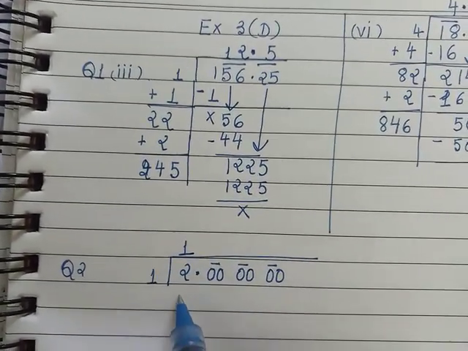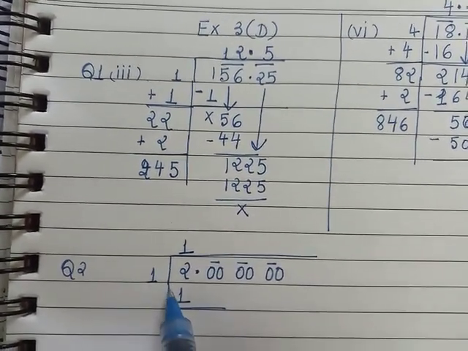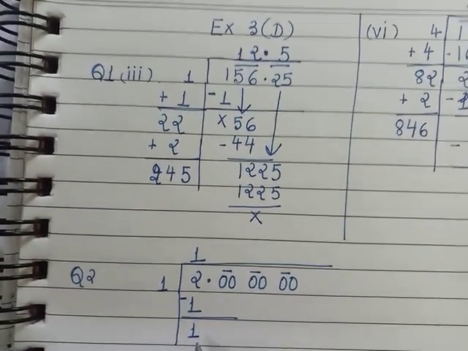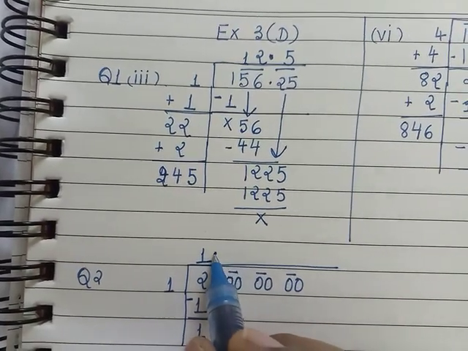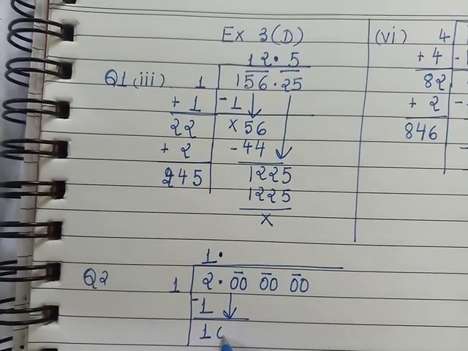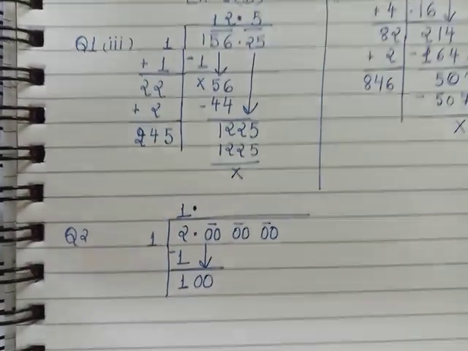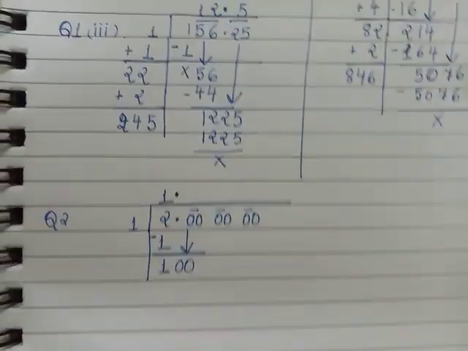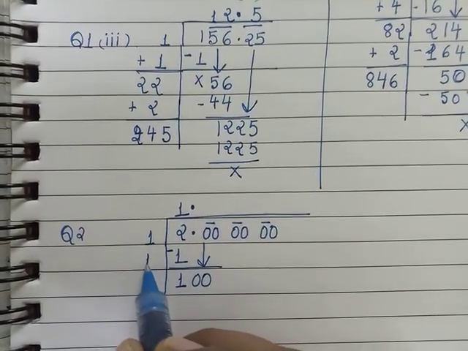1 1 is 1. We copy down and we subtract. So what did we get after subtraction? 1. Now we have a decimal place. So before we copy the next period, we'll put a decimal in the quotient and we'll copy down the next set of 0. Okay. Now this is our new dividend. Now we look for the new divisor. For the new divisor, we add this 1 of the quotient here.